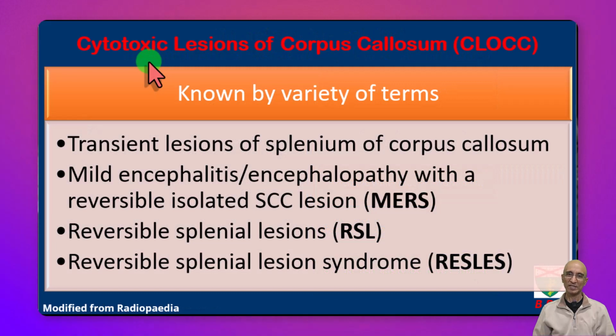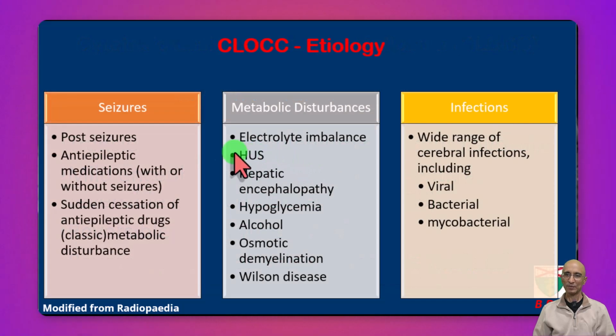As we saw in our patient, there were also cytotoxic lesions of corpus callosum. It goes by various names such as transient lesions of splenium of corpus callosum, mild encephalitis with reversible isolated splenium of corpus callosum lesion with an acronym MERS, reversible splenial lesion with the acronym RSL, reversible splenial lesion syndrome with acronym RESLES. In terms of CLOCC, it has a wide variety of etiologies including seizure, classically seen in the